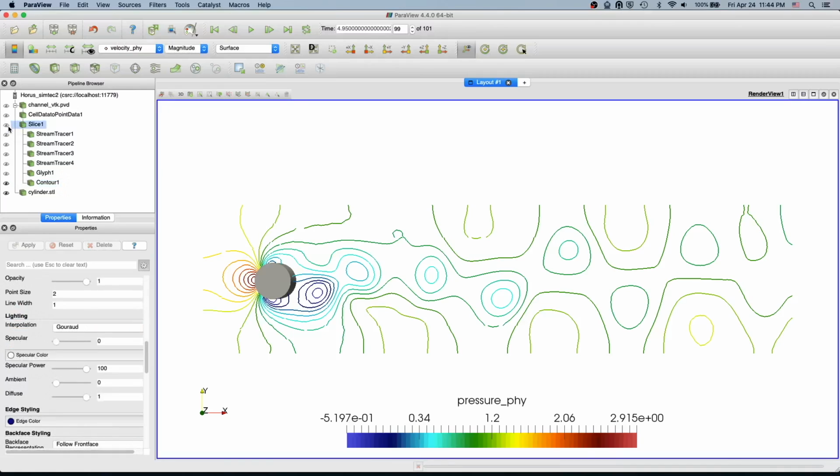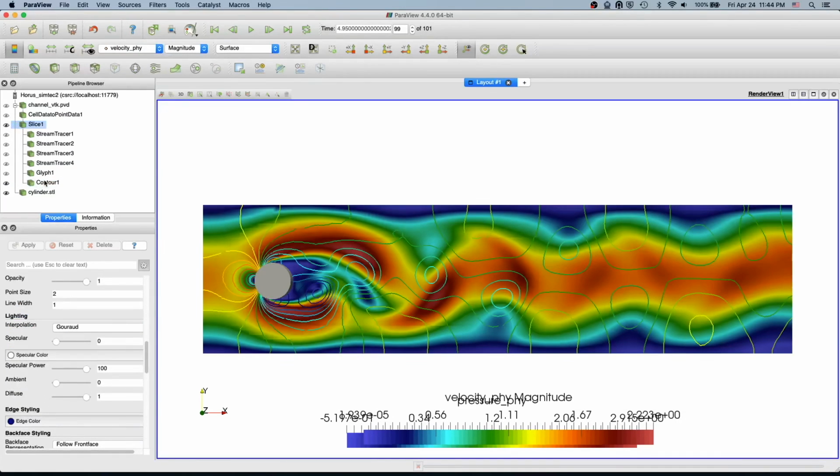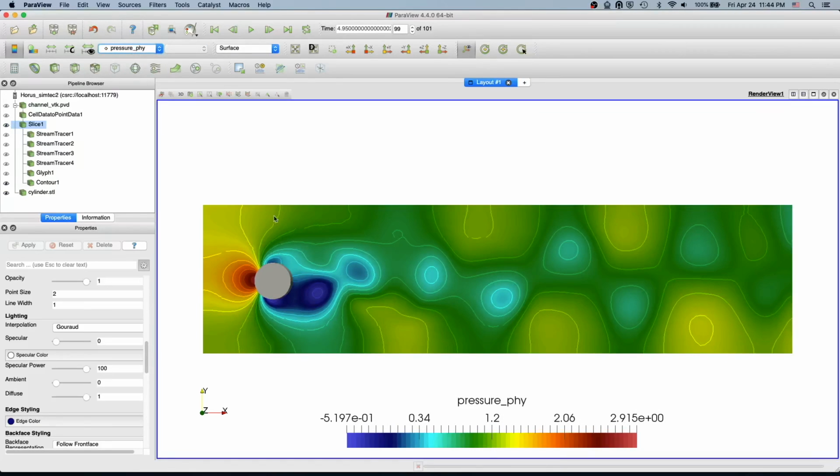So we could also overlay our background. Since in the foreground we have pressure, it's better to have also pressure in the background. Yeah, so you can have contour lines and then the pressure profile in the background, and the contour lines also colored by pressure. So basically this is pretty easy to do.